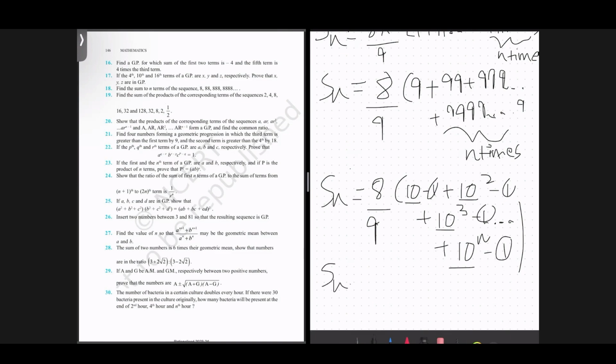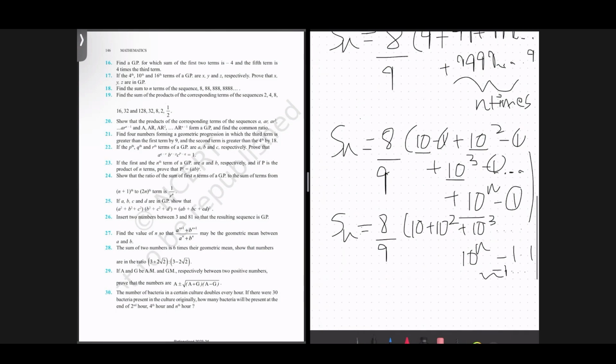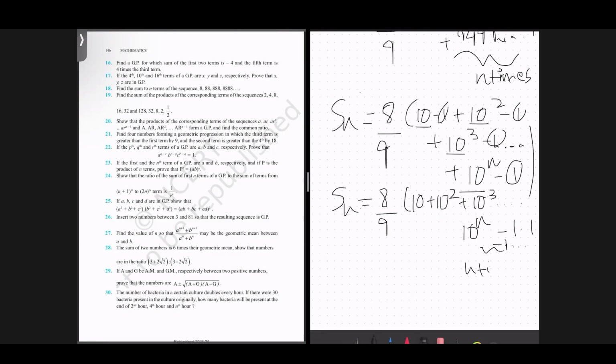So our Sn now becomes 8 upon 9 into (10 plus 10 squared plus 10 cubed up until 10 raised to the power n) minus 1 minus 1 minus 1, for n times. Correct. Now, as you all know, the sum of any GP is going to be